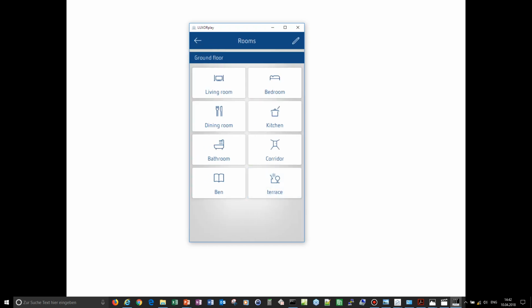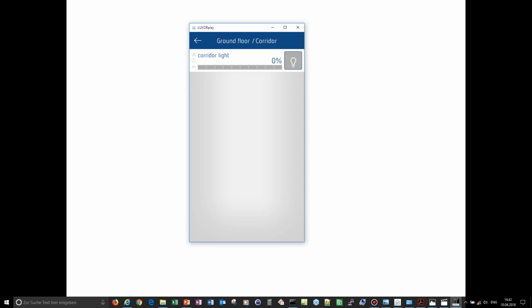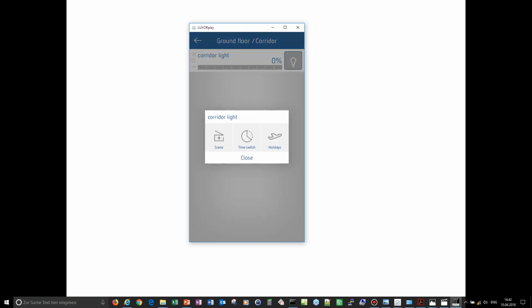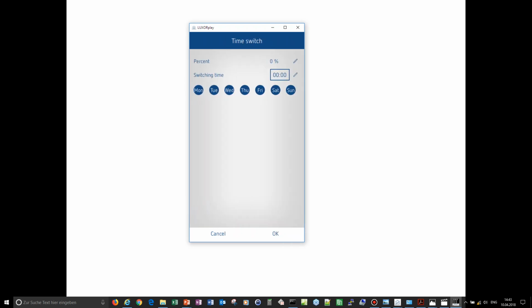The next step will be a dimming light in the corridor. Therefore, I have created that dimming light in here, which I can dim on and off. Same procedure as before. Click in that field, click on time switch, and click on plus.